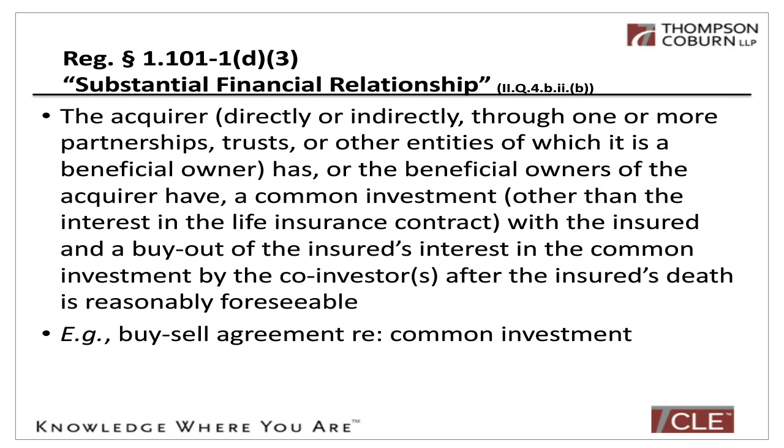So, if you have a common investment with the insured and you take out a policy on the insured, or somebody transfers a policy to you, okay, you have to buy out that insured when they die, so you need the policy. You have some important reasons for needing that policy. You have a relationship with the insured because you have to buy them out when they die. Actually, you're buying out their estate. You're not buying them out. They're buried. Okay, so you have the common investment, the buy-sell obligation. You have a substantial financial relationship. Next slide.